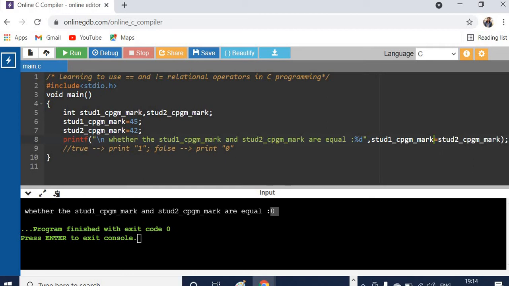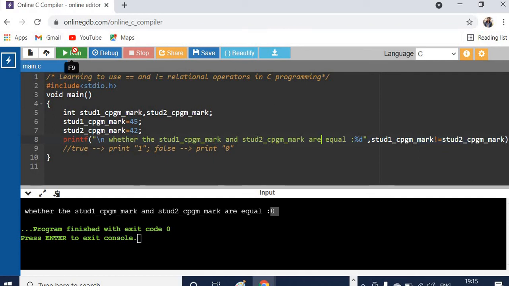Okay, so now let's check with the not equal sign. I have changed double equal to not equal here. So we are checking whether student 1 C program mark is not equal to student 2 C program mark. If this statement is true, if both the marks are not equal, then it will print 1, otherwise it will print 0.